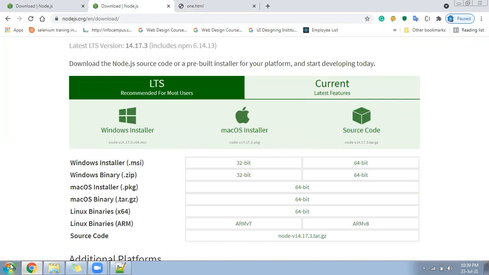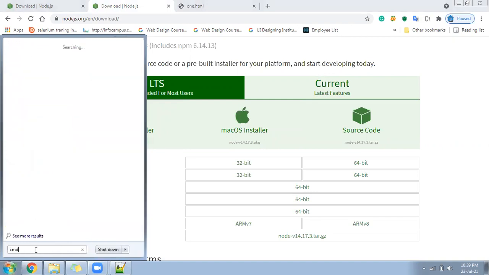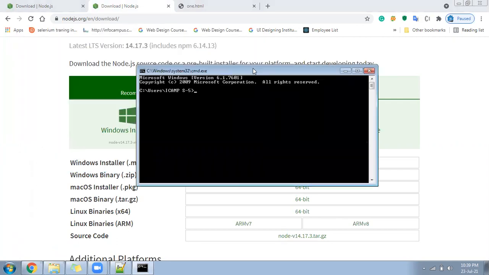After installation, once your Node.js gets installed, in my computer I have already installed it. So after installation, you can open the CMD and in CMD, you can verify whether Node is installed or not. You can write here node space -v.